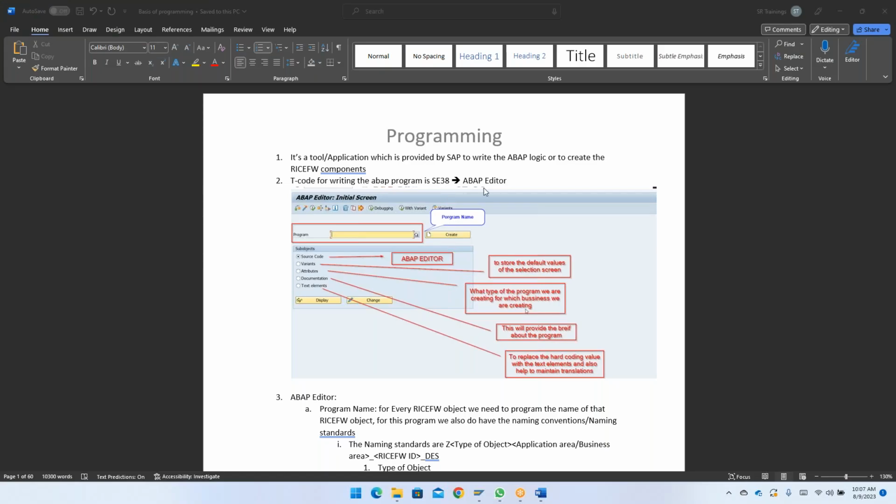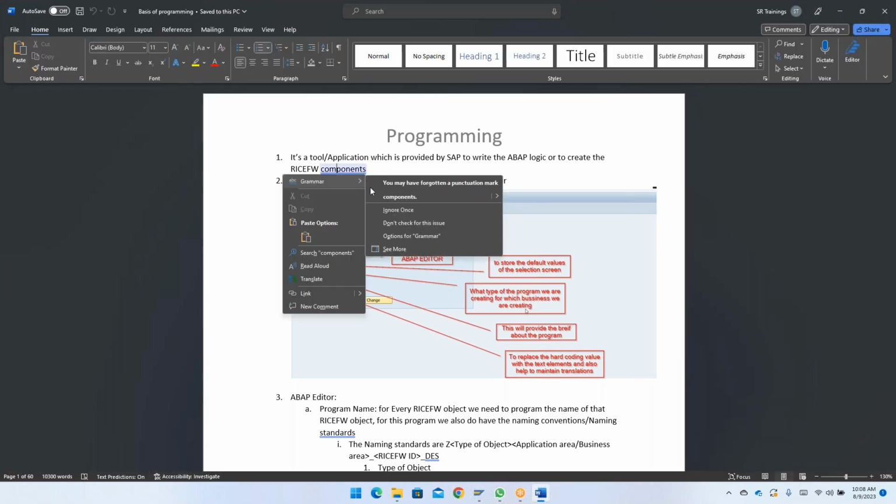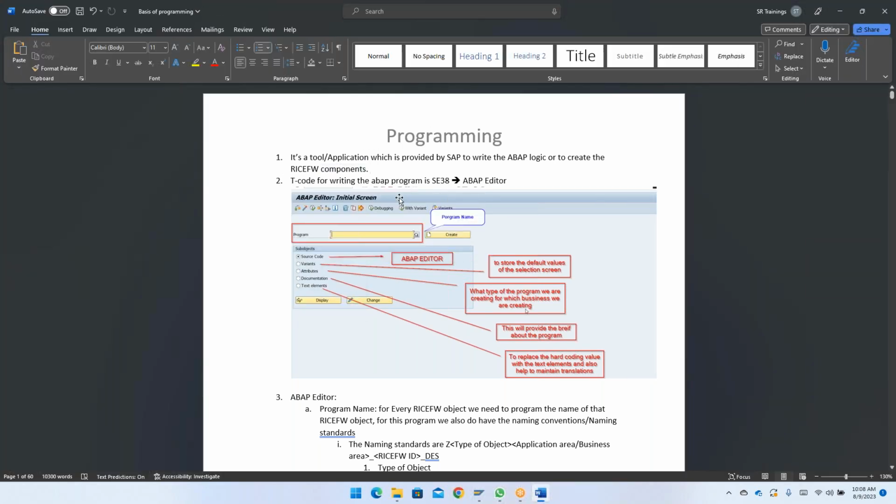So in today's class, we are going to start with programming. Programming is a tool provided by SAP which helps us write our own ABAP logic and create our own applications, which we can call our RICEF components, or our own applications. Out of RICEF, except W, everything you will create with the help of your